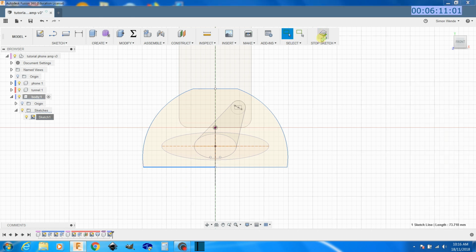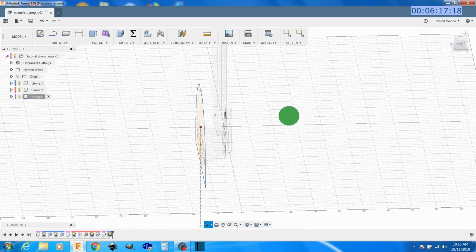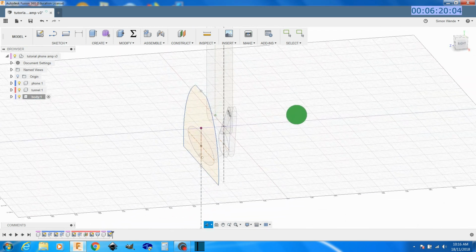And then I can stop the sketch. So that's all done now. I can close that. Right, I quite like that. So